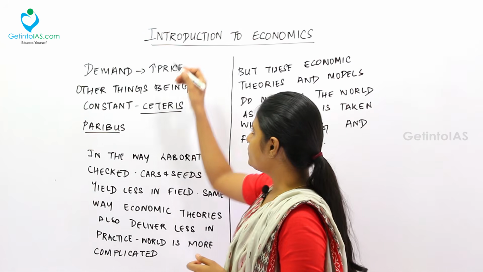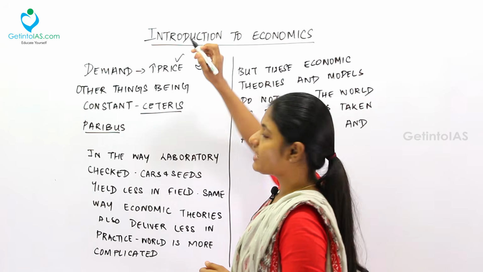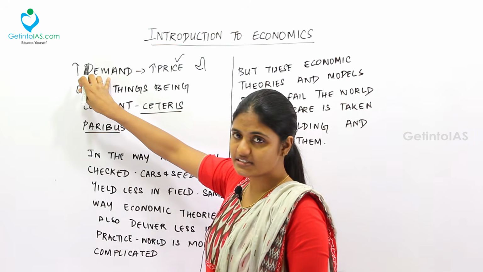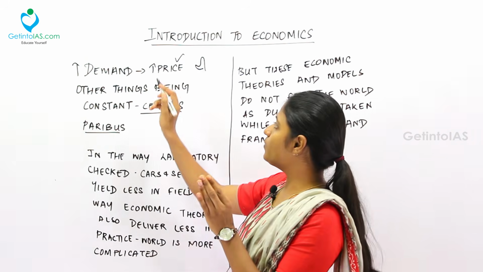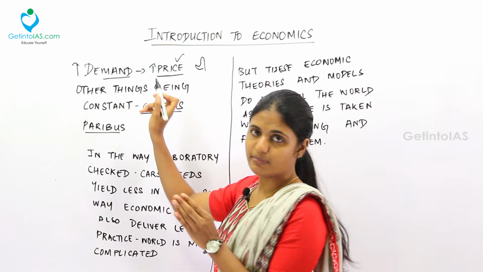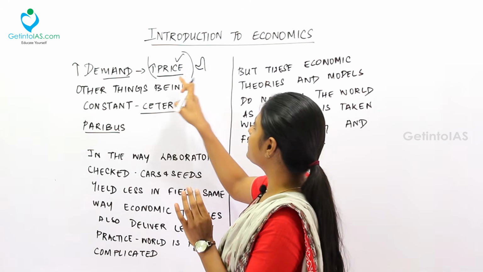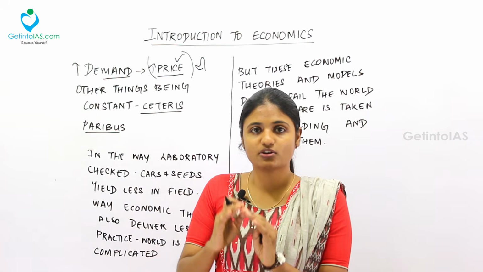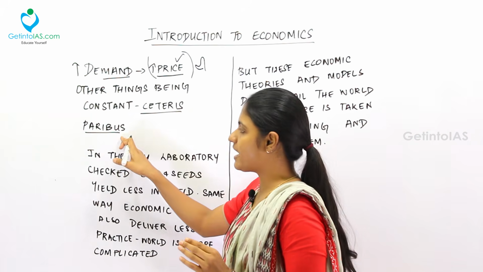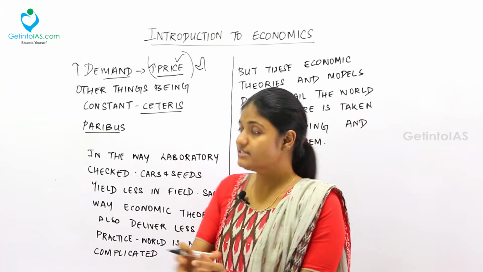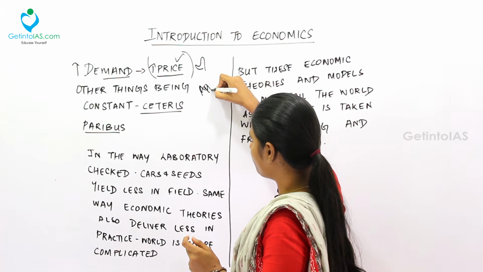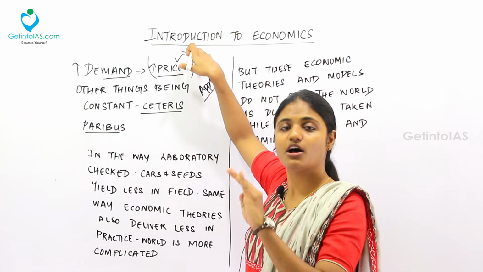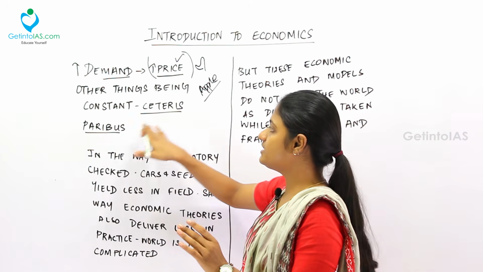Okay. So I told you the Apple phone price is very high, right? When the price is high, the demand also becomes high. How is this? I told you, you are considering only the price for the demand. Fine. So all other things are kept constant. This in economic terms is called ceteris paribus. What is ceteris paribus? When you are taking the Apple phone, you are taking only the price into account, and all other things you are keeping constant. That is called ceteris paribus.